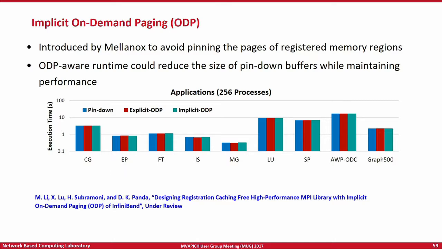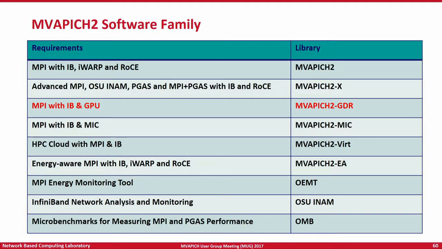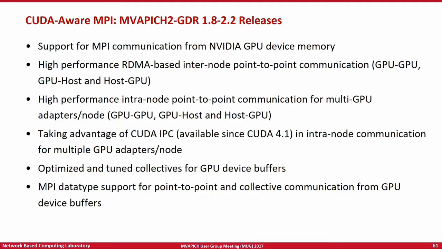So with that, let me quickly move on to MVAPICH2-GDR, which is basically our CUDA-aware MPI library, and you have been hearing about that from different people, like Craig Tierney in his tutorial and his talk. So MVAPICH2 has support for efficient small message communication with GPUDirect RDMA. It also has multi-rail support and an enhanced version of it that we saw with the basic MVAPICH2. It has efficient support for intra-node communication using CUDA IPC. It has support for data types, and it also has support for triggering communication operations from the network.